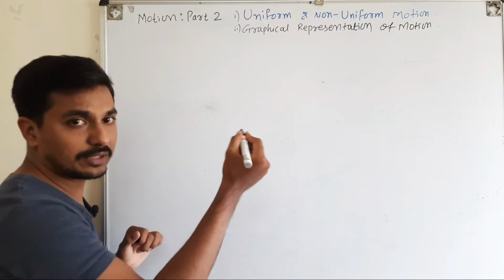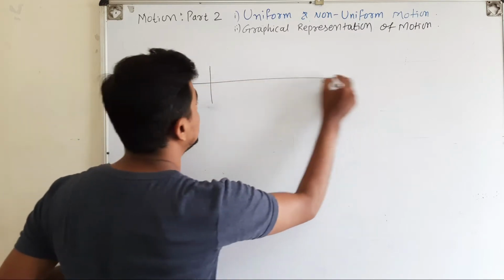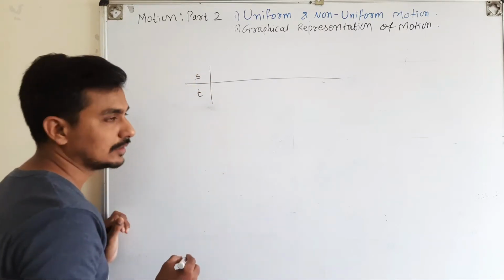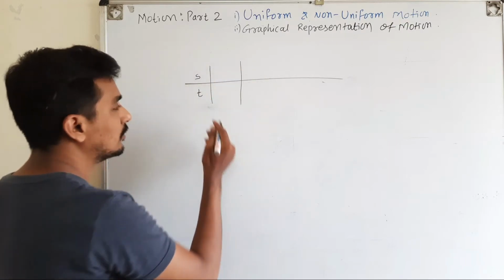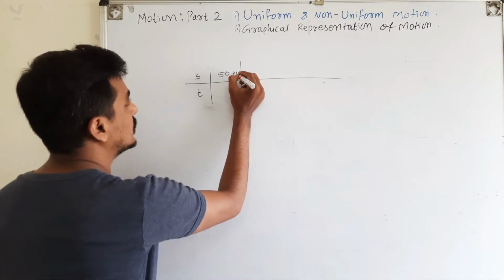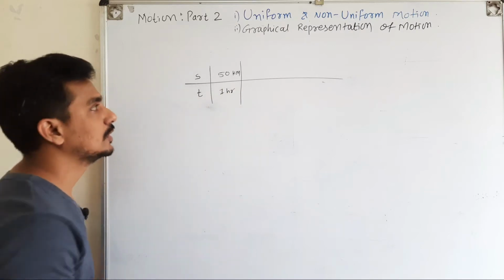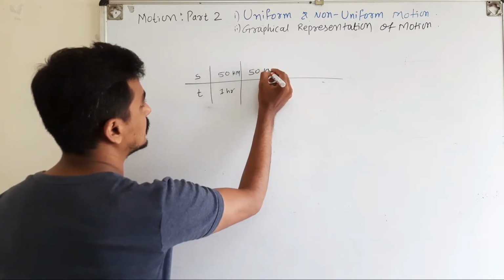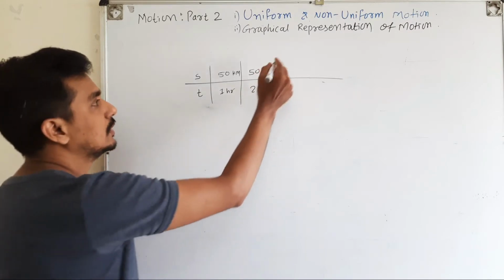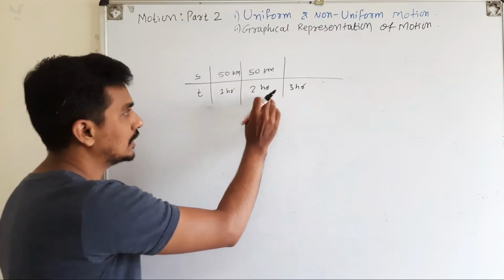Suppose we are moving on a path and we cover a distance. Let us say we represent distance by s and time by t. Suppose we are on a long journey, and we cover the first 50 kilometer in 1 hour. Now the second 50 kilometer in another 1 hour, so the total time taken is 2 hours. Then in another 1 hour,